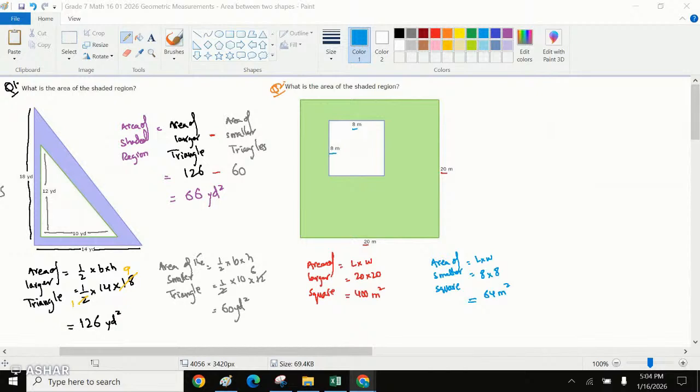So once we have the area of the larger square, I'll just highlight the shapes. If this was the given area for the larger shape, subtract the area for the smaller shape. So how can we find the shaded region? We can say that the area of the shaded